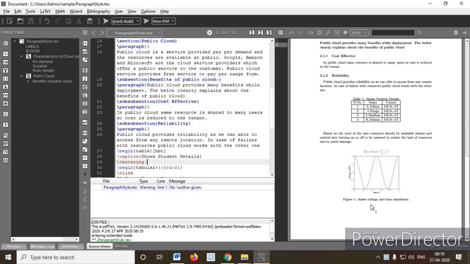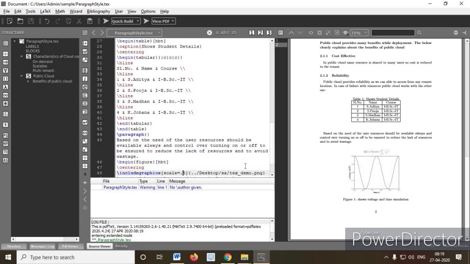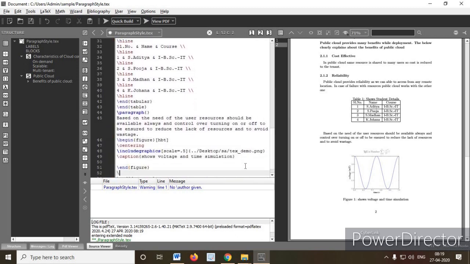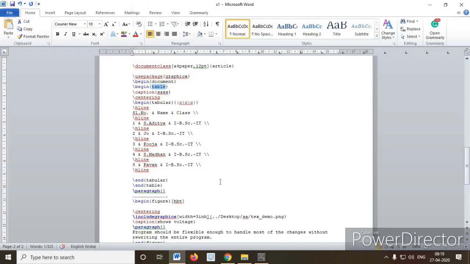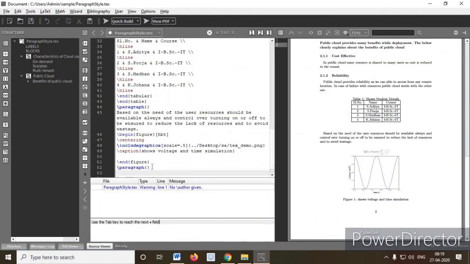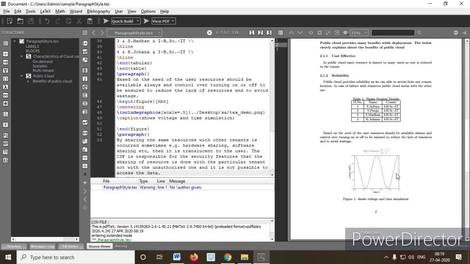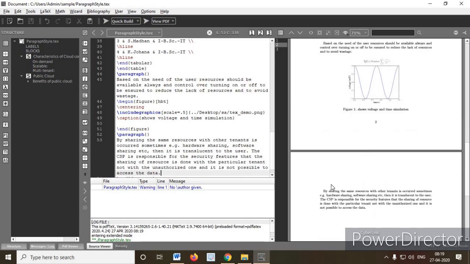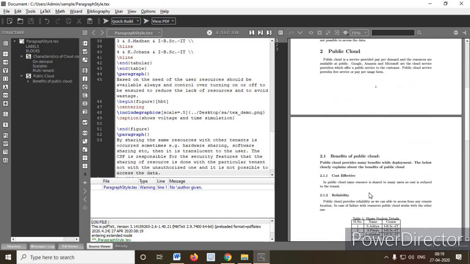After this figure, I want one more paragraph. What I have to do is go to the end of this figure. Here, use slash paragraph, and then I'm copying the existing paragraph and pasting it here. Now you run this. See here, table and the content, figure, caption and the text. So this is the way you can create a table and figures in the existing document, where you can implement this option.